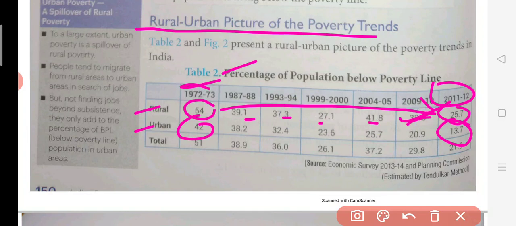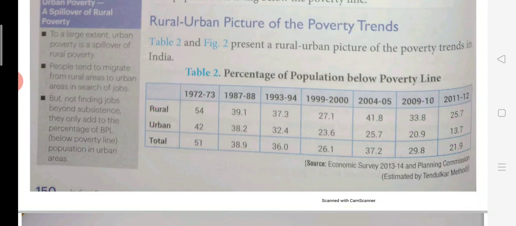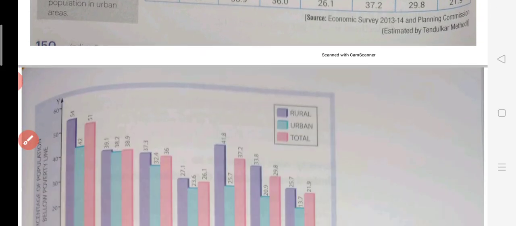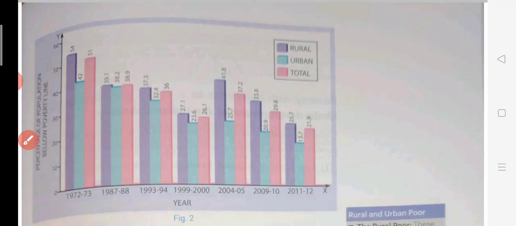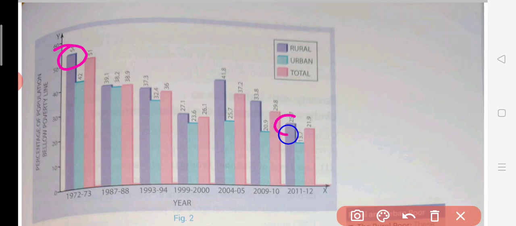कंडीशन इतनी अच्छी नहीं है रूरल की। बट इन टर्म्स ऑफ अर्बन प्लेसेस जहाँ पे थोड़े इंडस्ट्रीज आ गई और काफी एम्प्लॉयमेंट मिल रहा है, the people are getting some jobs, तो देयर कंडीशन बेहतर है, क्योंकि एम्प्लॉयमेंट मिलता है तो पॉवर्टी कम होती है ना। तो ये 42% कितना है, अर्बन में 13.7। So that is the kind of thing which can be seen, and here also by the help of bar diagram we can see that 54% यहाँ पे and 25% तक ला पाए, continuously reduction दिख रहा है, डाउन ट्रेंड है,